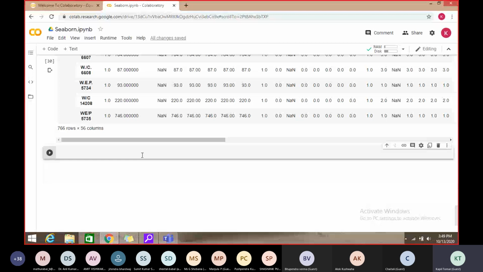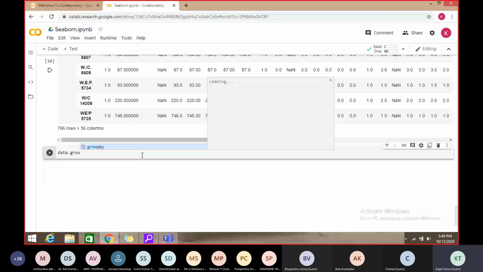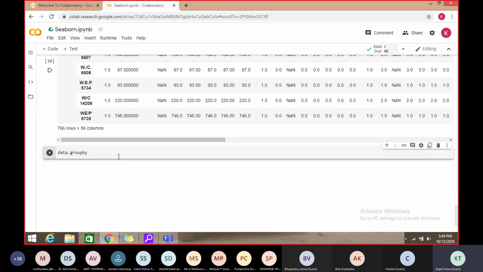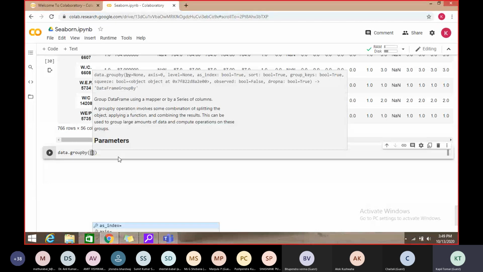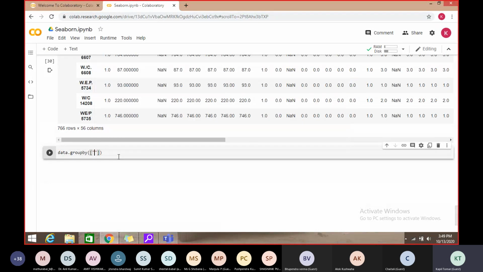Data dot group by, and this time we call it on only a single parameter, and I want to just count the size.